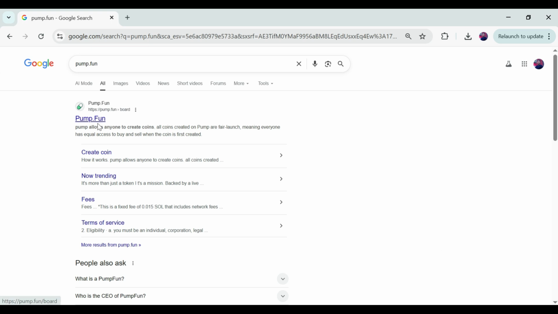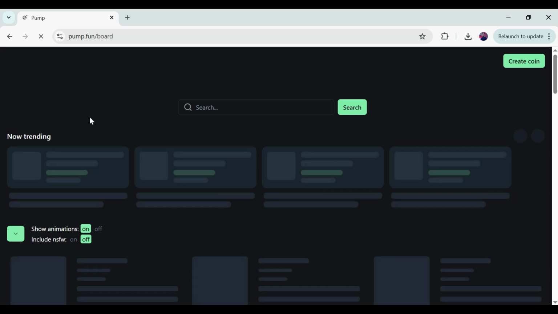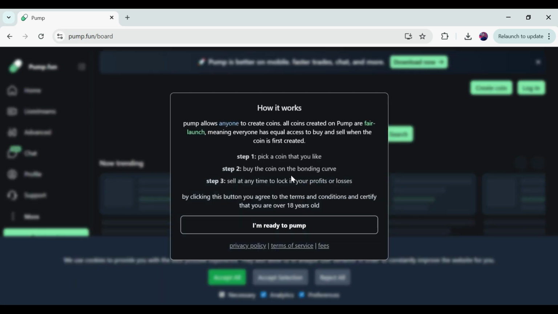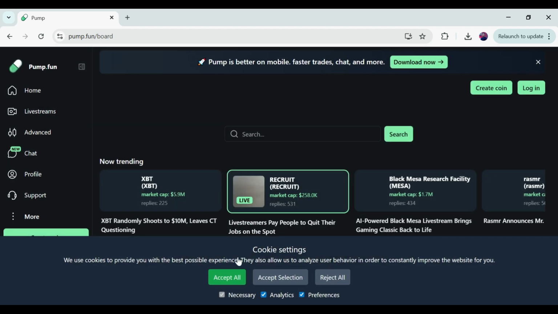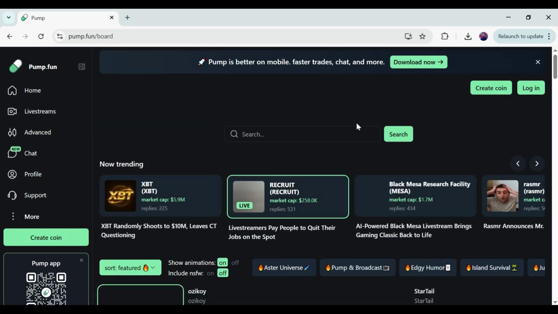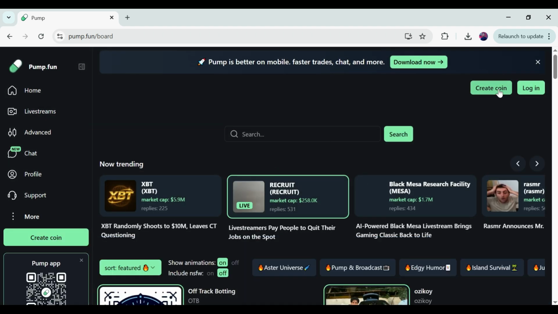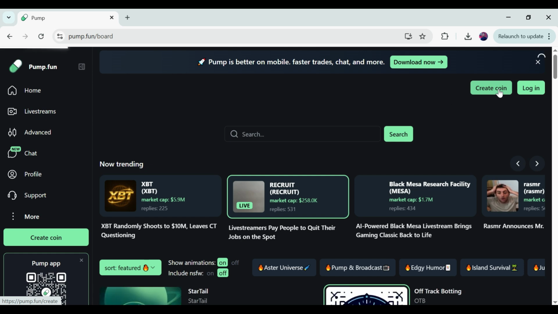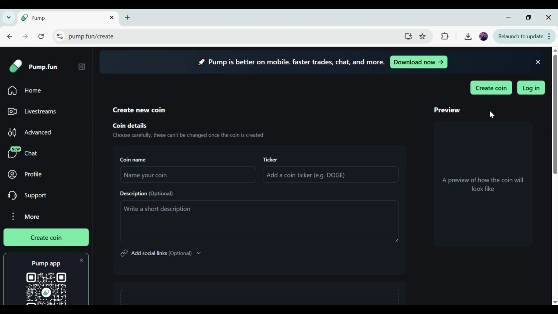on this website. So first of all, I will just open this website, and you need to create an account over this website so that you can create your own meme coin. You can also handle the supply, and you can also do live trading there at the same time using the same account. Okay, so I will just accept all the terms and conditions. I will go for the create a coin option, and through this option you can also create your account.